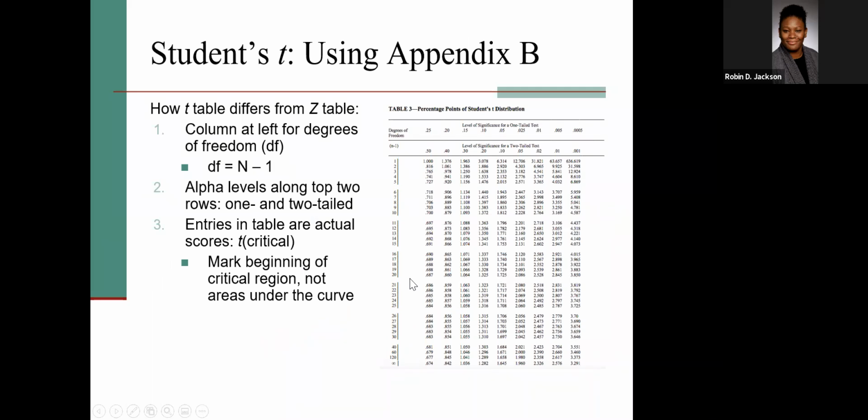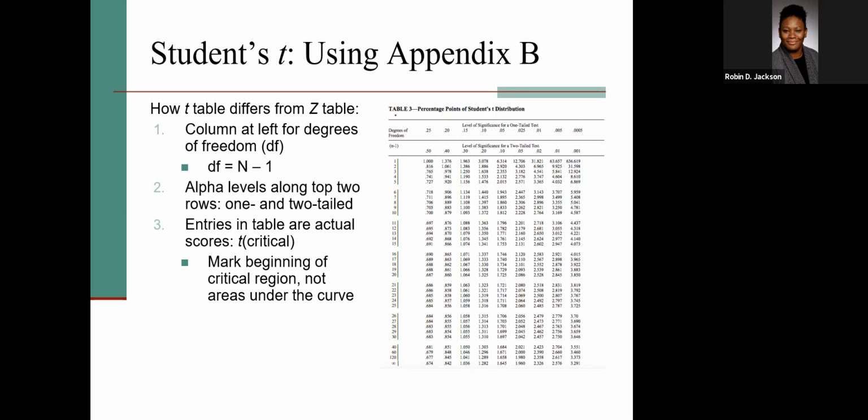All right, so the Student's t. Basically, you can look at page 203 of the textbook for a more detailed description of these differences. But Appendix B, it's on page 447 of the textbook. And so the table that you see here, this one right here,